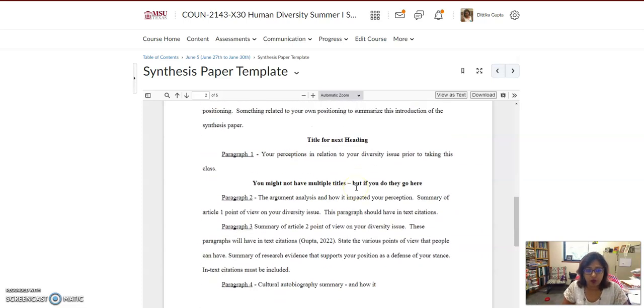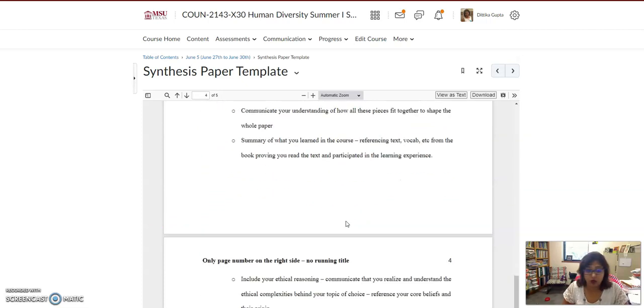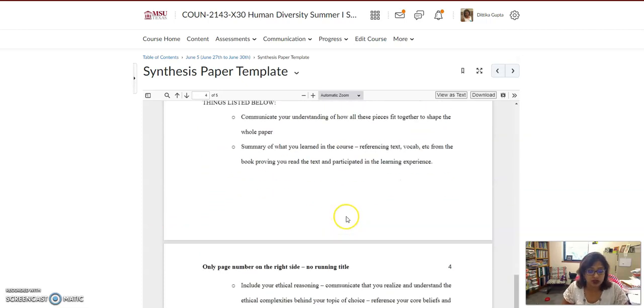Your paragraph 1 would be like you have your heading, and then you will talk about what impacted the argument analysis and how it impacted, summary of the first article, point of view of your diversity issue, and then the in-text citation. So this gives you kind of a template to follow as you work on your assignment.